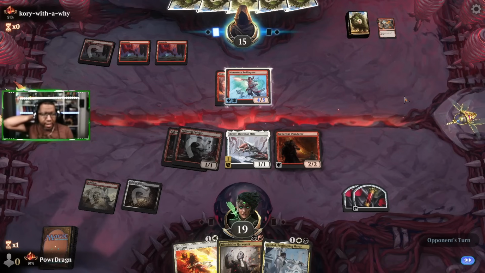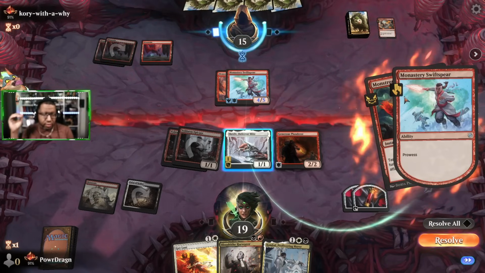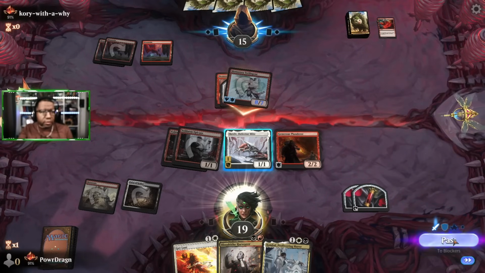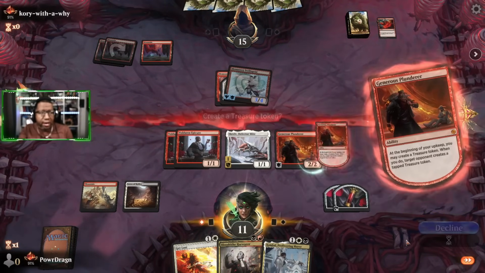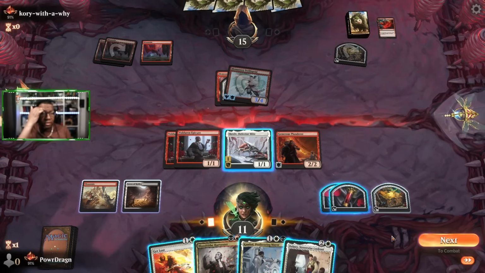Alright, need an untapped black or red mana is what we need. Yeah, we just take the hit. There's nothing else to be done there. Alright, sadly, we have to give them the treasure. This... Oh, Delney, you were late. Boy. Well...